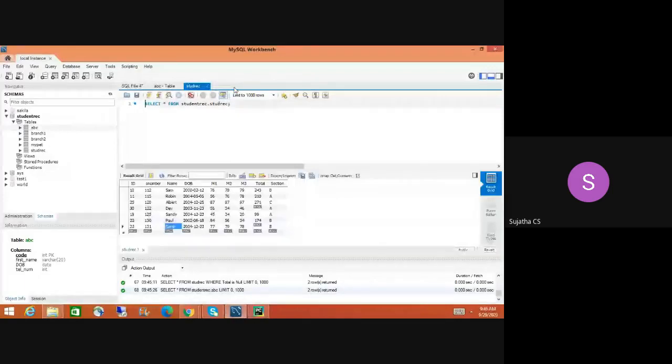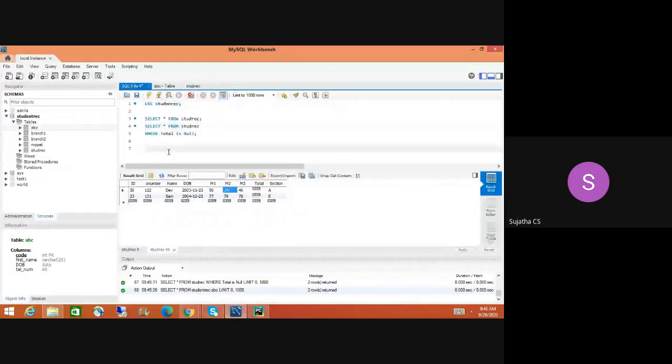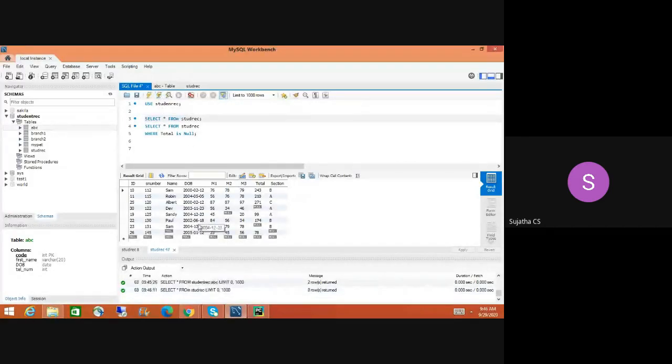Okay, the next one is greater than and less than. Let me check. Select star from student record. Let me run that. Okay, I want to display that date of birth is greater than 2003. So how do you do that?